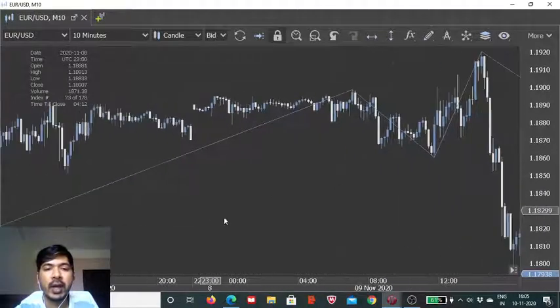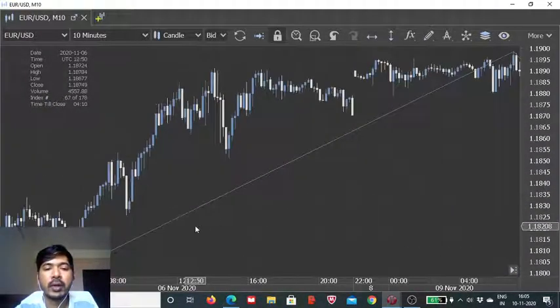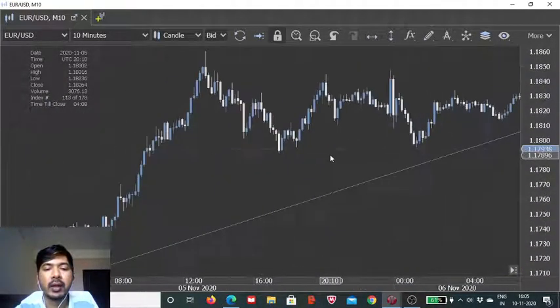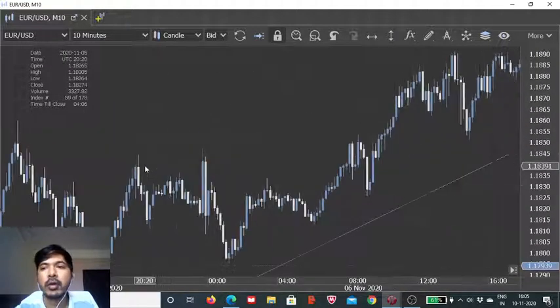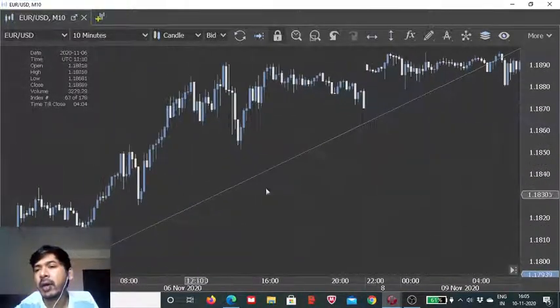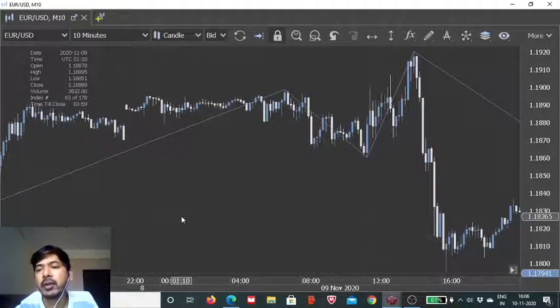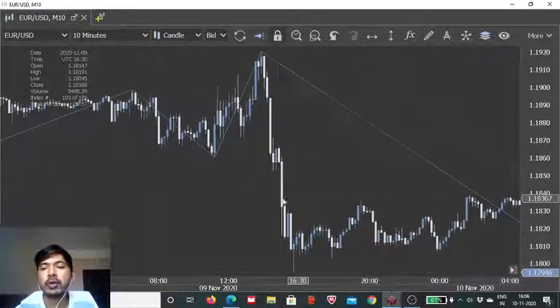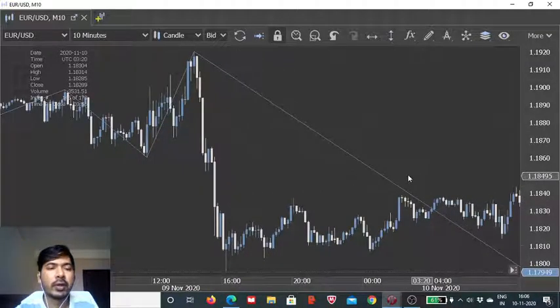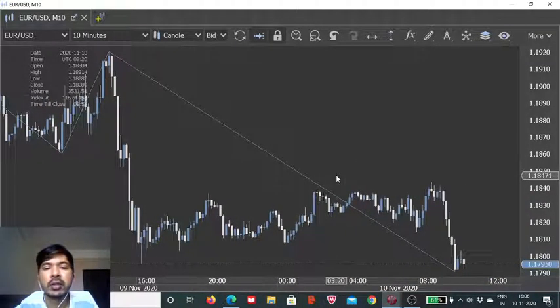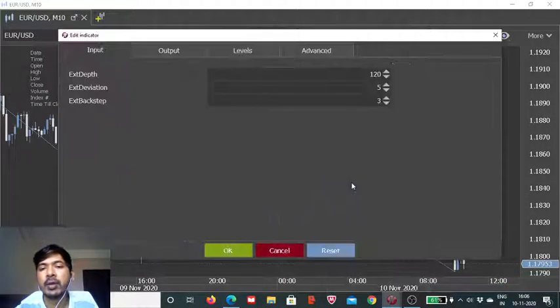Earlier we had this bullish momentum holding well, and eventually we saw the Euro USD getting closer to the 1.19 zone, and then after this steep decline the fortune seems to have reversed for the Euro USD. So this is one of the parameters, the depth,